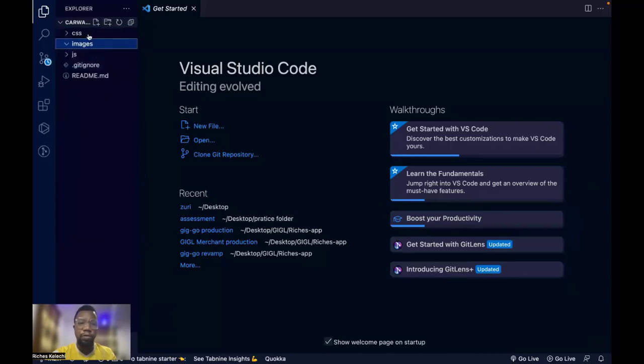Then inside this images folder, I want to create another folder for icons, something like this. So I think this should be all for me. I have my CSS folder, I have my images folder, I have my JS folder. Then I want to create the entry point of my application, which I will call the